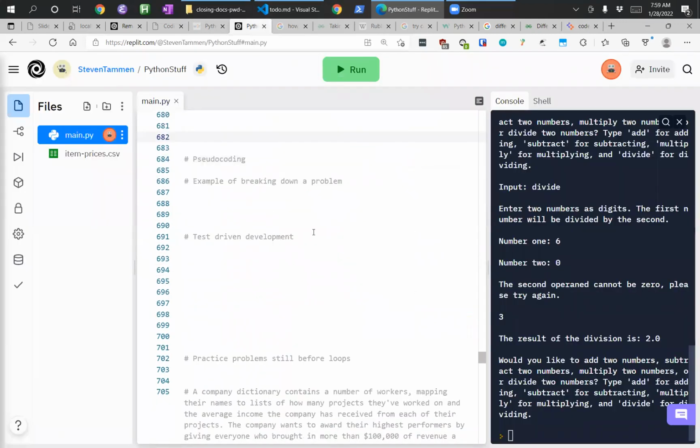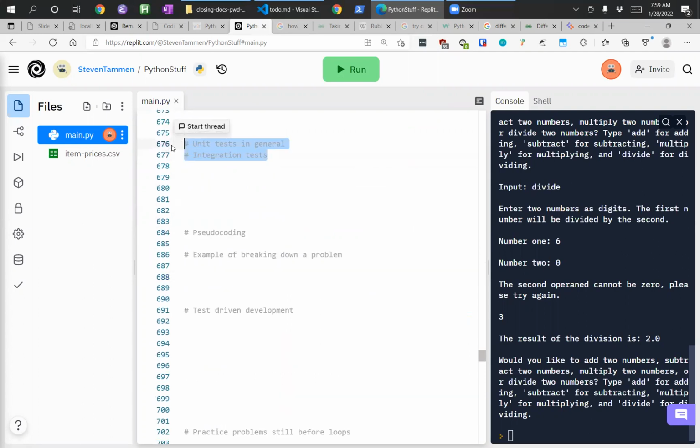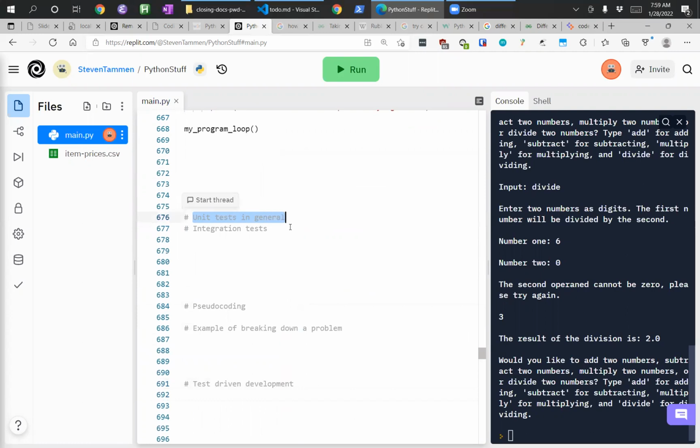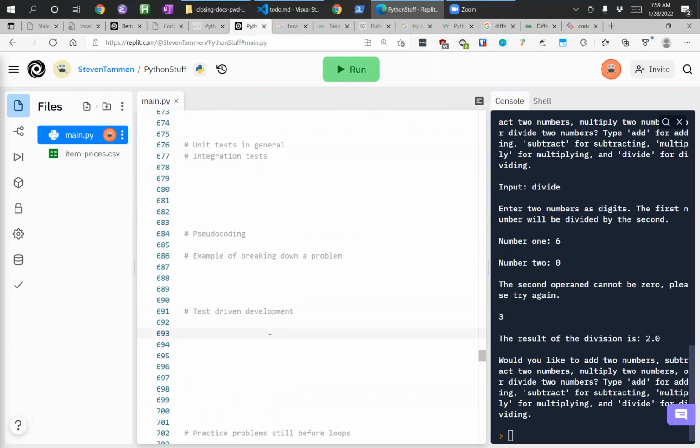The other thing that I was going to talk about then is test-driven development. The reason why I didn't talk about this when we were doing unit tests specifically was because test-driven development requires you to ascertain the structure of your application up front. Put quite simply, test-driven development means that you write the unit test for your code before you write your code. Let me say that again. You write the tests that specify my function should do this, so that when I give it this input, this happens. When I give it this input, this other thing happens.